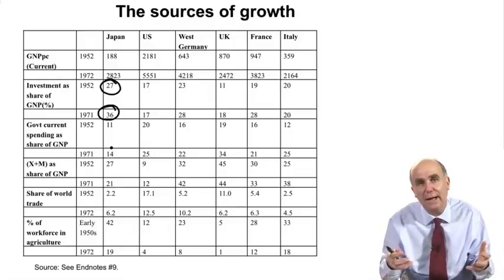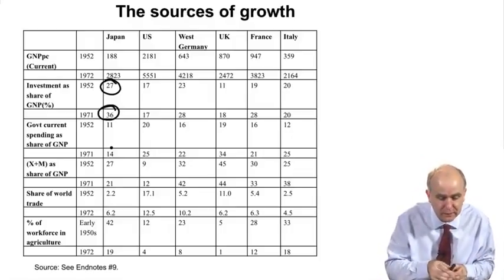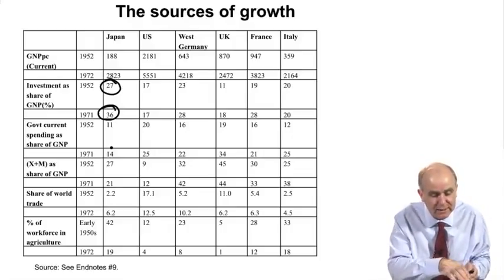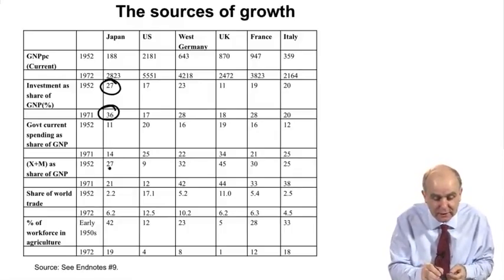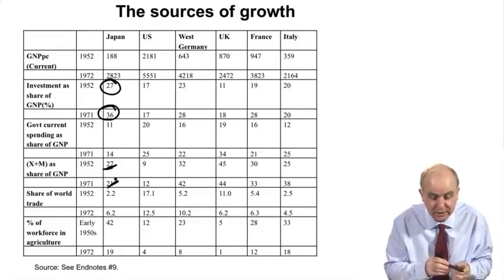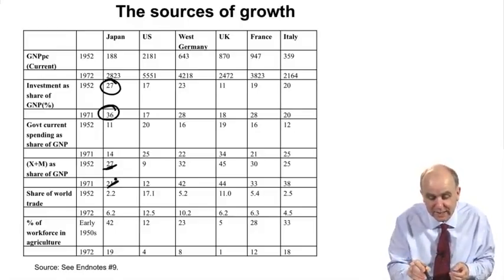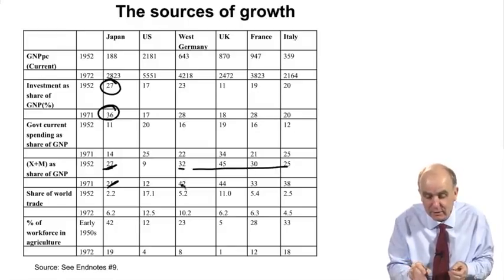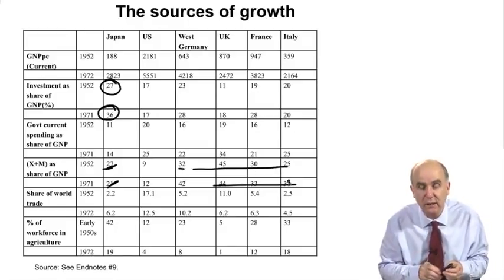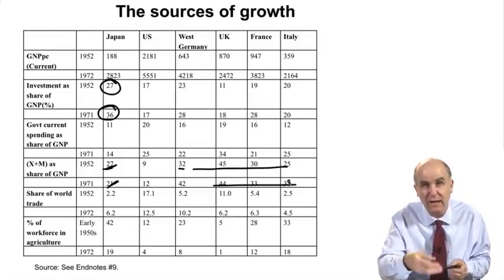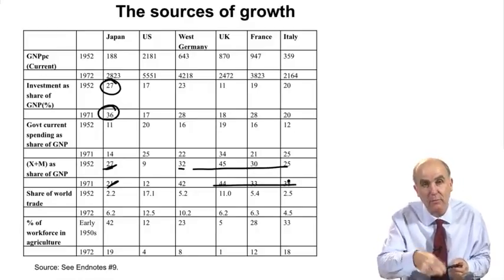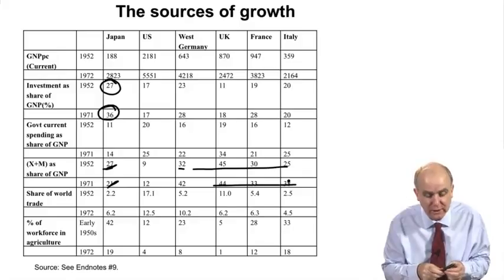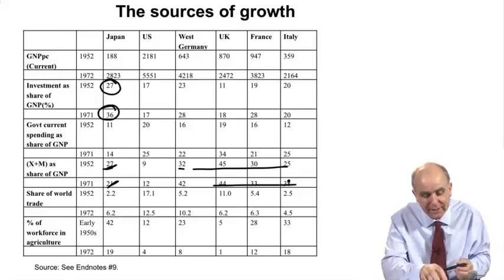The next variable that's there is exports plus imports as a share of GDP. And you can see that Japan, 27% in 1950, 21% in 1971, that's not especially high compared to a lot of the countries in Europe. The United States is a very large economy, that would explain it having a smaller involvement with international trade. But the point here is that